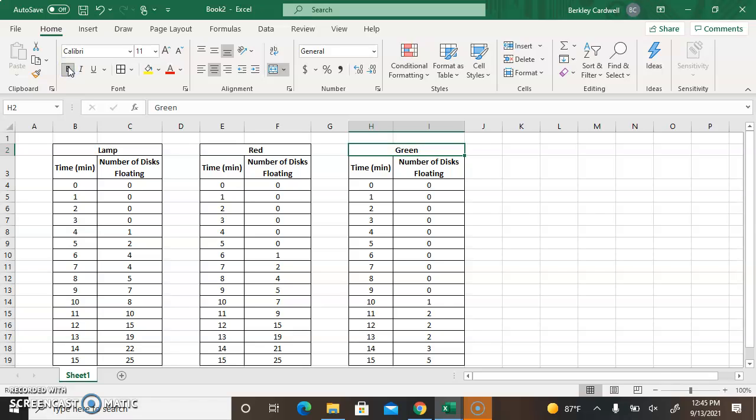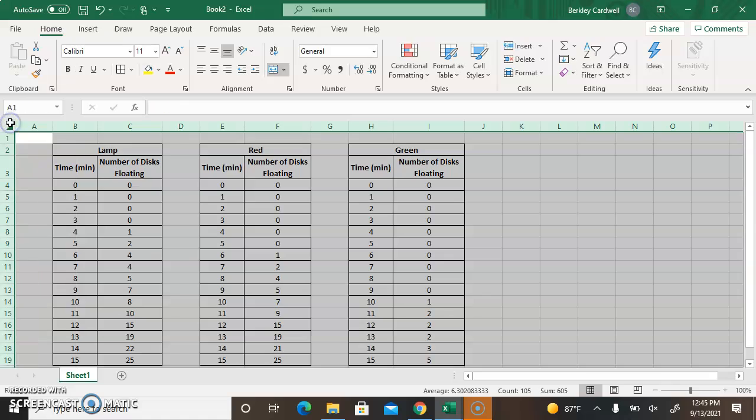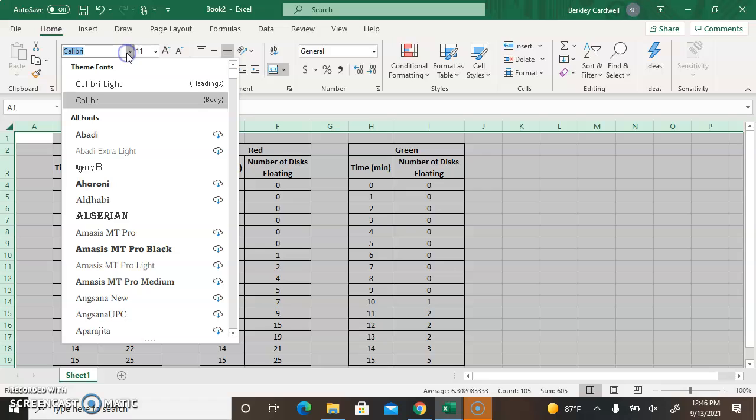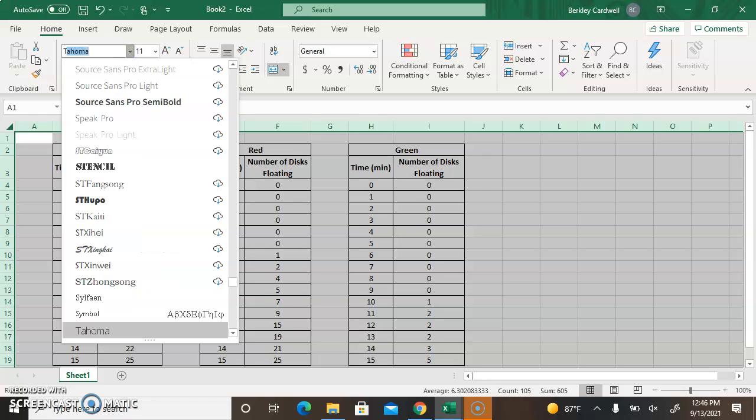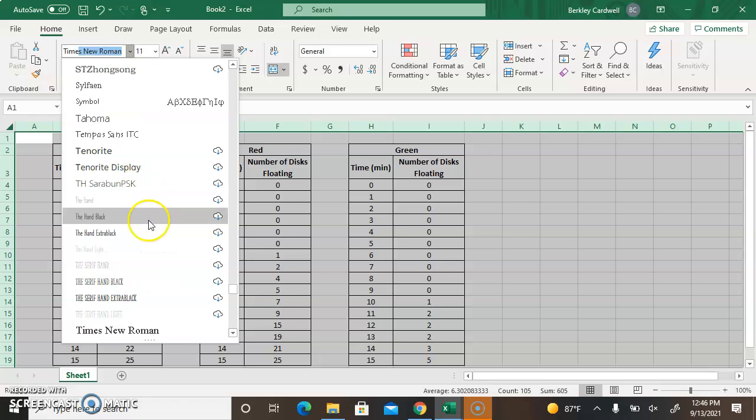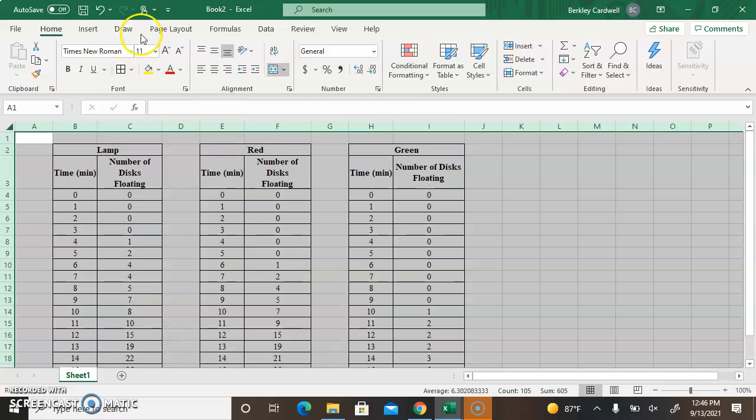And the very last thing we're going to do with our tables is we're going to change the font. The most appropriate font for you to be using is Times New Roman size 12. So you can do the whole thing at once. If you just click in this box right up here, it'll highlight the whole thing. So just click right here, go up here, click the drop down, and you can just start typing. Down at the bottom will be Times New Roman,